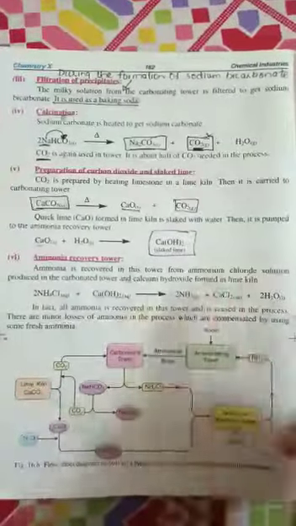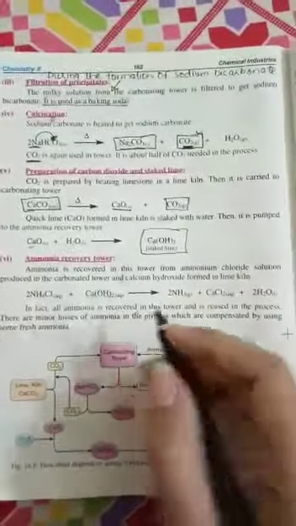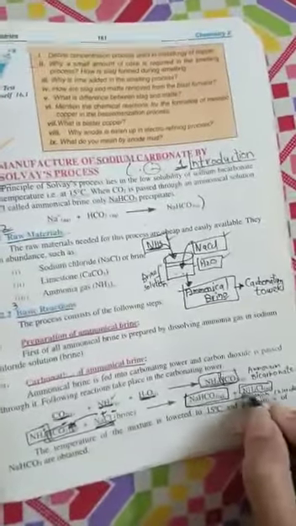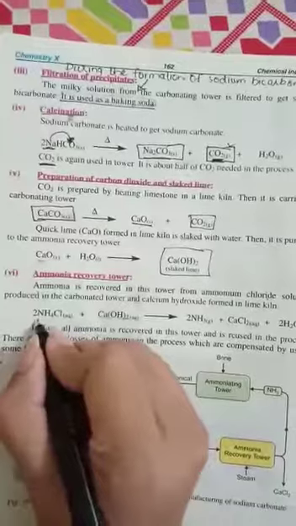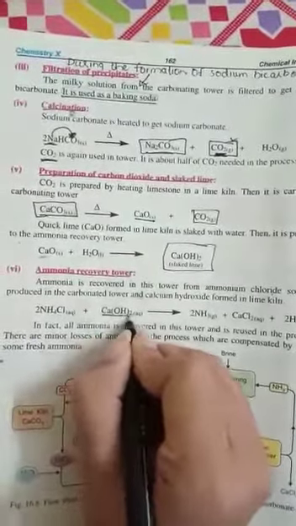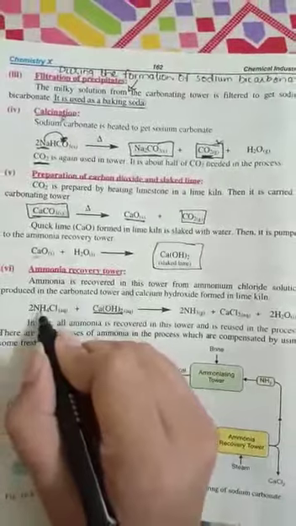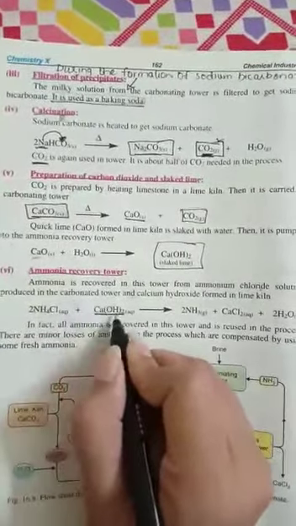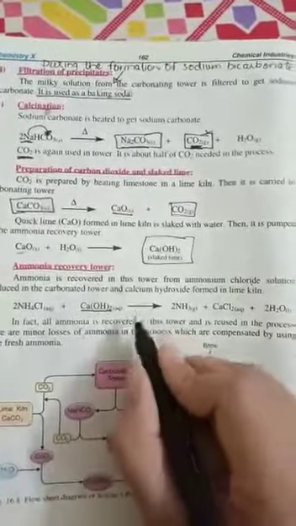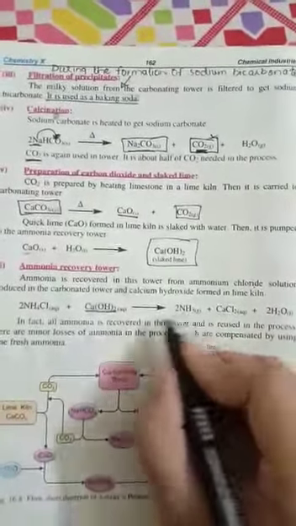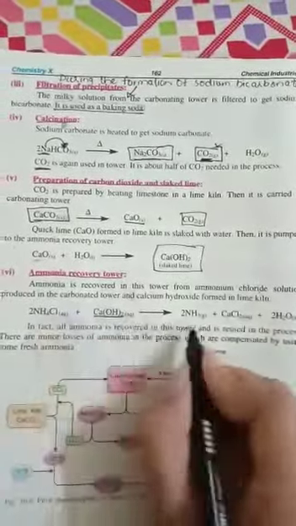So students, first there is a recovery of carbon dioxide, and the second beneficial point is that we have to recover the ammonia gas at the end of the reaction. Now how can we recover the ammonia? Just look at this. We have to use the ammonium chloride that is produced in the carbonating tower, and we have to react that ammonium chloride with the calcium hydroxide. Now here there are 2 moles of the ammonium chloride, which react with the calcium hydroxide in the ammonia recovery tower. Now what will be next? Just look at this students.